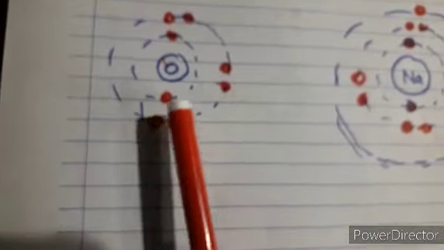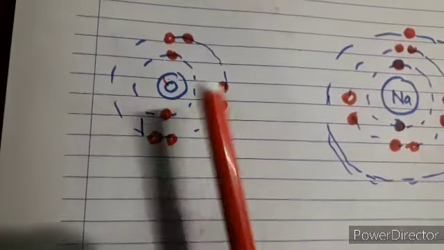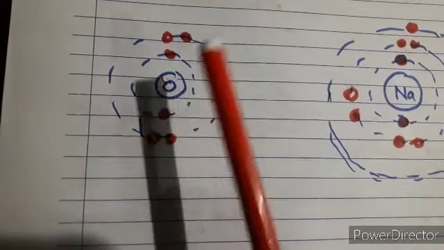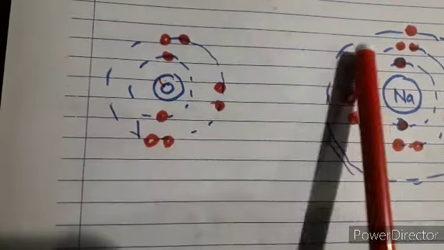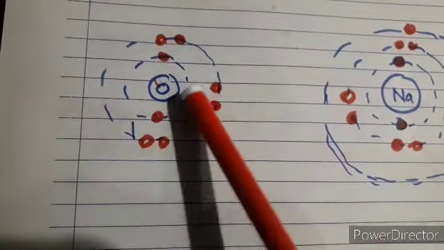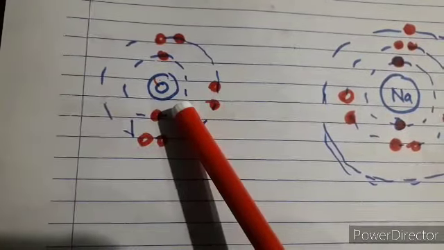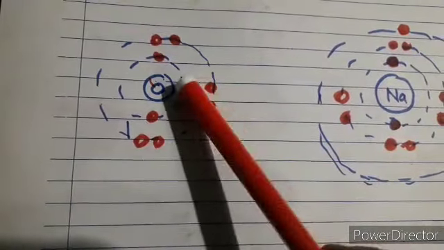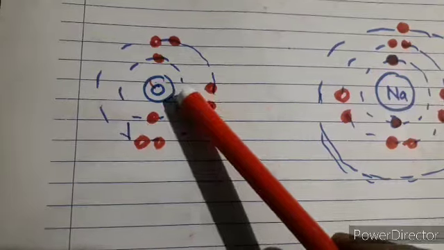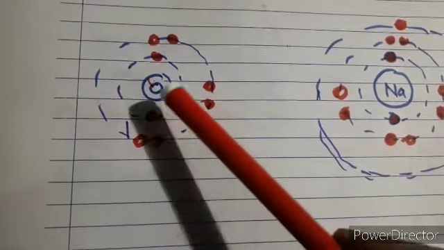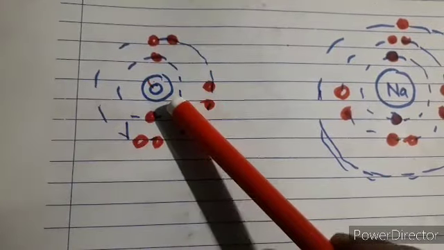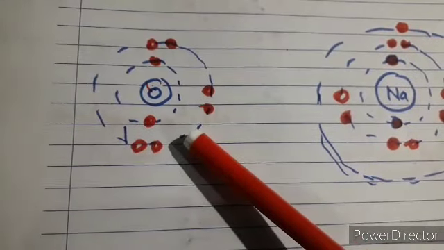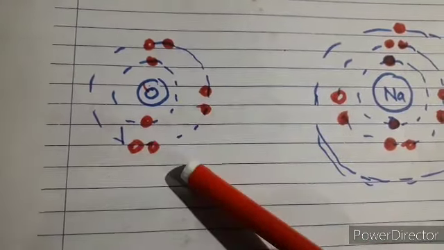Now come to this part. Over here the atomic size is less, and the attraction pull exerted by the nucleus on the outermost orbit is also large, and the electron that is coming into the orbit will be attracted to a greater extent. So this is an electronegative atom, and since its atomic size is less, whatever electron is coming from outside can easily come inside because of its electronegative nature. And over here, when the atomic size was less, the electronegativity will increase, because you have to see both the factors, whether it is increasing or decreasing.